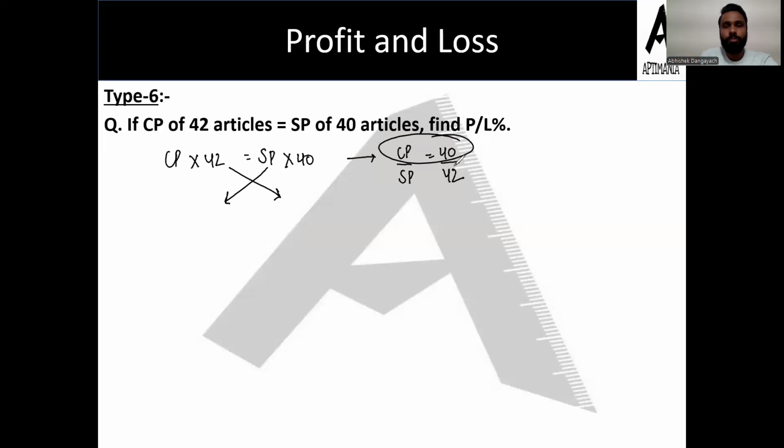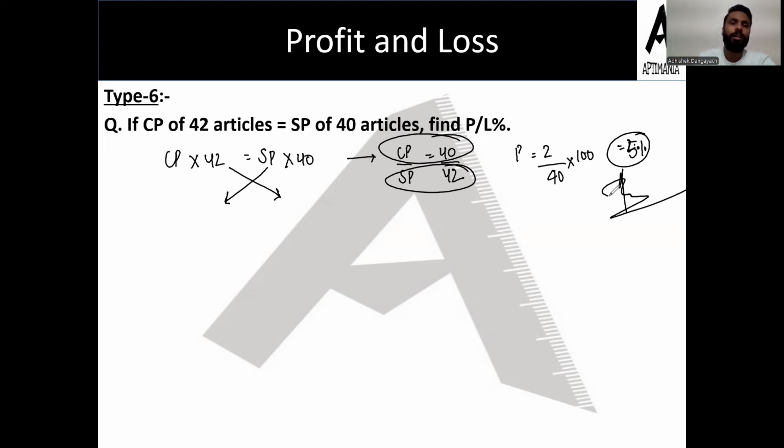I can assume CP to be 40, SP to be 42. So I have got a profit of 2 rupees on 40 rupees ka CP into 100. Against all this, you'll get the same answer as 5% profit only. I hope this approach seems to be an easier one to you. So always do remember कि जब भी इस type का question आएगा, we have to go with an approach like this only, right? The concept associated with the question is